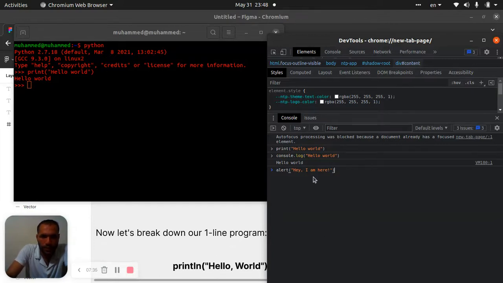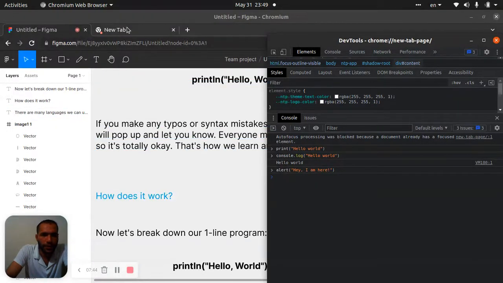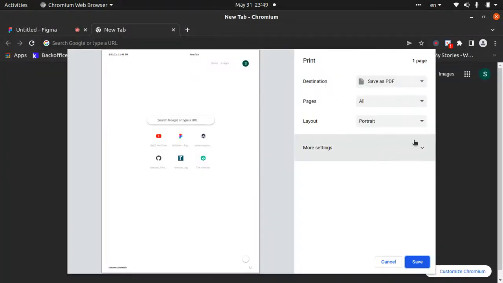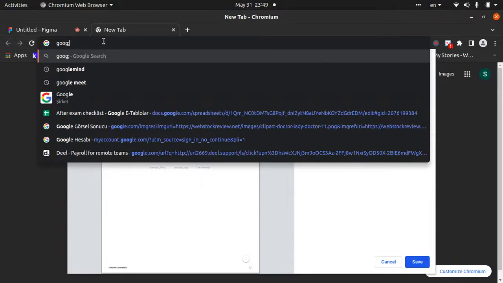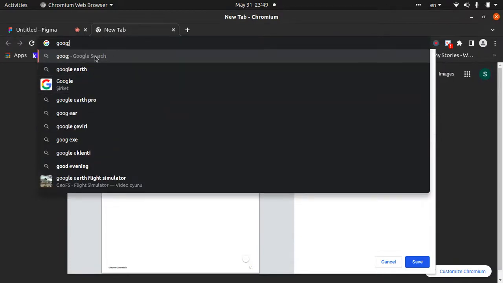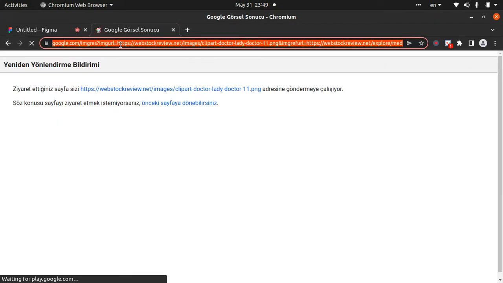Let's close it. Let's close this one. Ah, close terminal. It's okay. Now, if you look here, you will see one thing. One minute. Let's say Google, Google Earth.